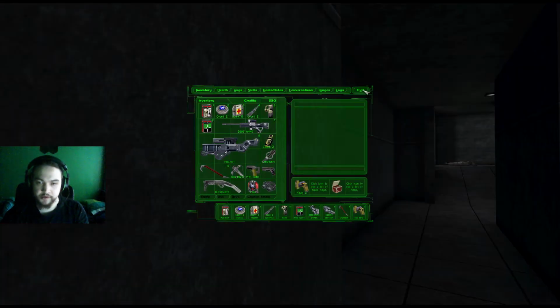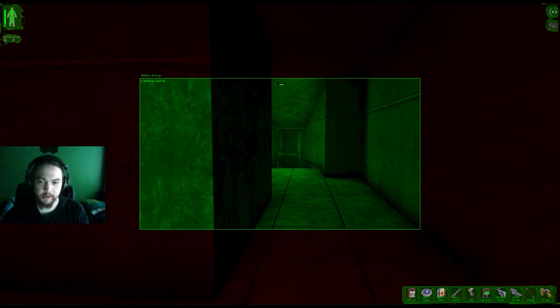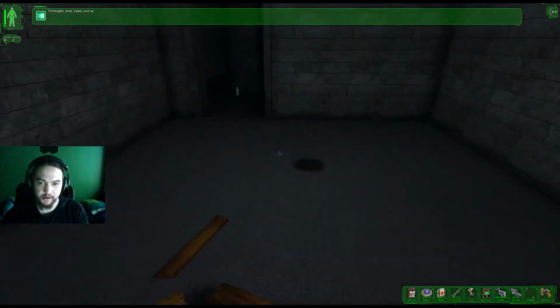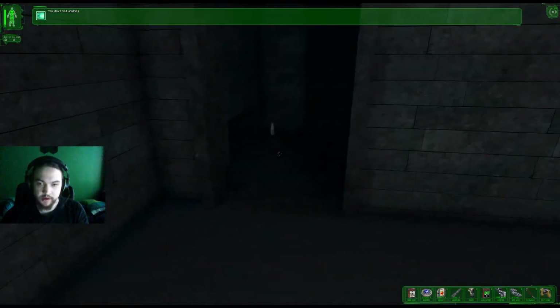So it's, again, another reason lambs are great for doing this. And they're also better than wasting gun ammo. You get a lot of lamb ammo. Boom! There goes the door. We took no damage from this. That saved us...